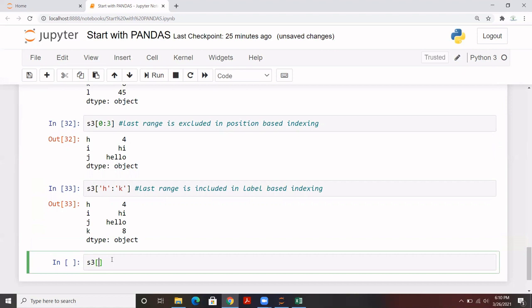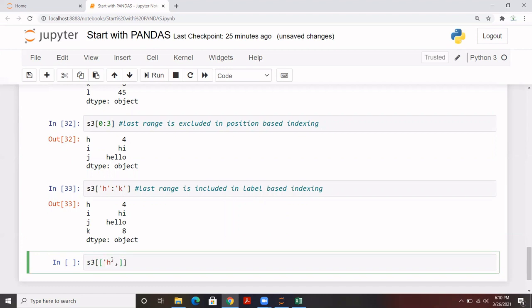You know that when we have a range, you can use one pair of list brackets only. But when you are not performing a range and you are randomly choosing any labels, you will be using one extra square bracket, and in those square brackets you can simply pass your labels.